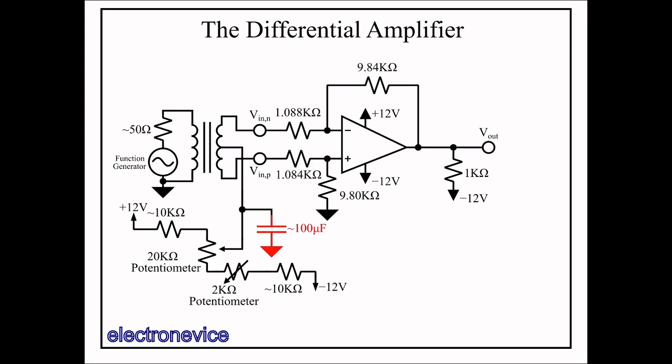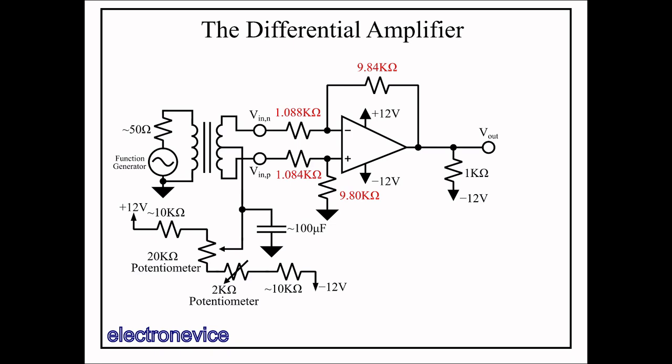unchanged. There is a rather large 100 microfarad electrolytic decoupling capacitor there, along with some higher frequency ceramic capacitors not shown. This is necessary because the AC impedance of the offset generation circuitry is way too high, and without that capacitor, the center tap would move around because of the unequal currents flowing out of the two sides of the transformer. The four resistors are made up of static 5% resistors, as well as a potentiometer that I use to make small adjustments to ensure that the two dividers are well balanced, and so the circuit has a much higher common mode rejection ratio than it would have had I only used 5% resistors.